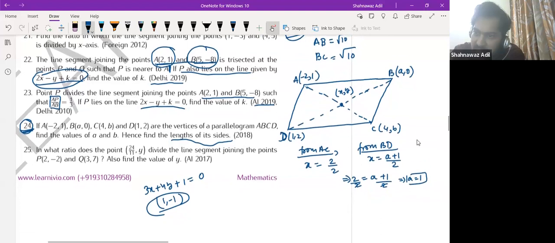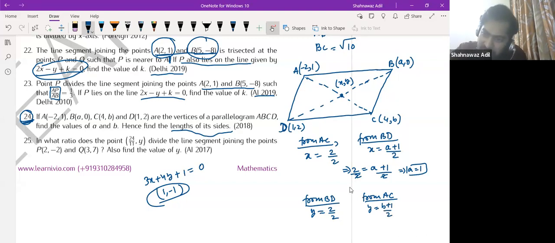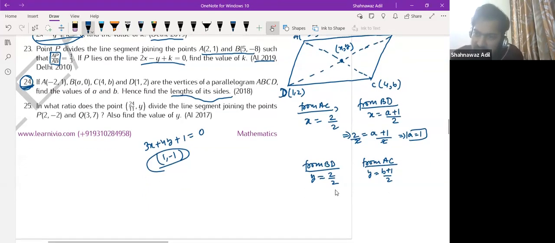Now again from BD, Y is 1 plus 0 by 2. And from AC, Y is B plus 1 by 2. So again we compare these two things, right? So 1 by 2 is B plus 1 by 2. So B is